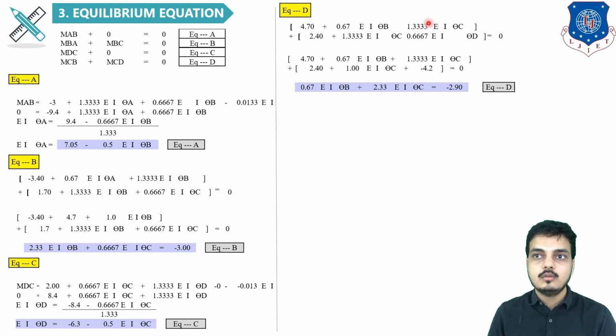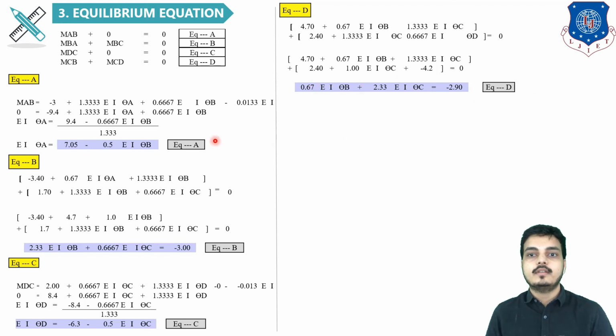Here you can see theta B is unknown, theta C is unknown, as well as theta D is unknown. So a total of 3 unknowns are coming. So in the place of theta D, we will put the expression in the format of theta C. After placing it over here, I will be getting 4. First, the entire equation will be the same. Now next 2.4, and after placing it over here and solving this, I will get this equation equals 0. So this is my equation number D. So after getting 4 equations, now I will be finding out the unknown values.